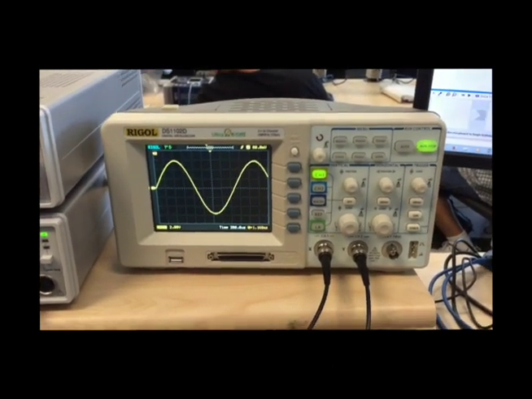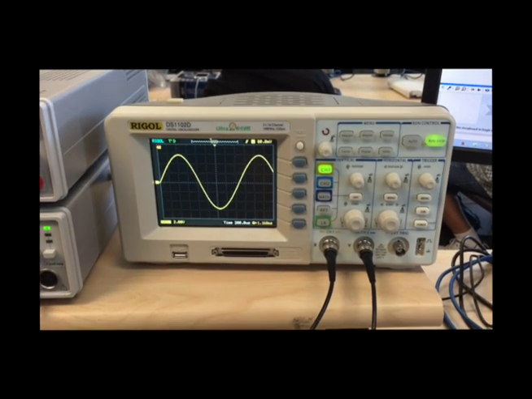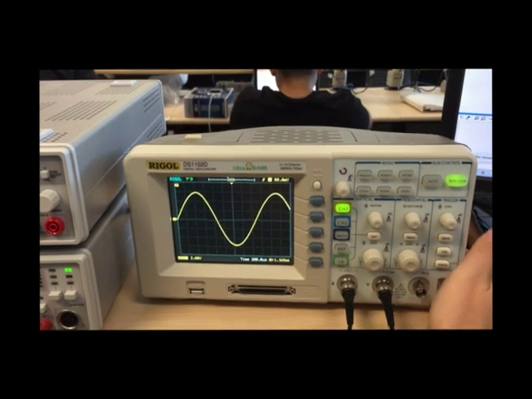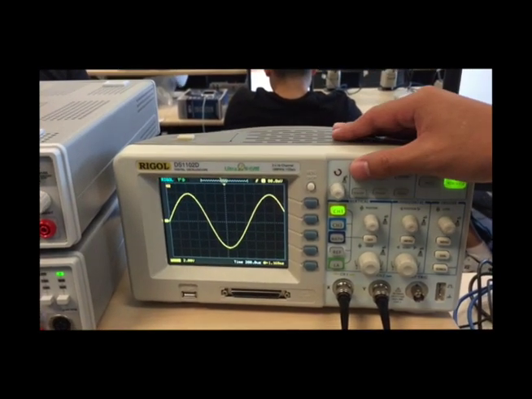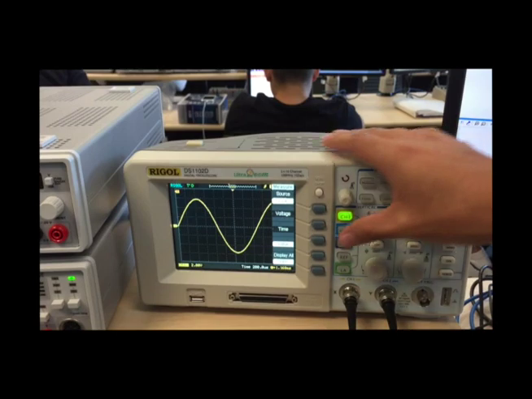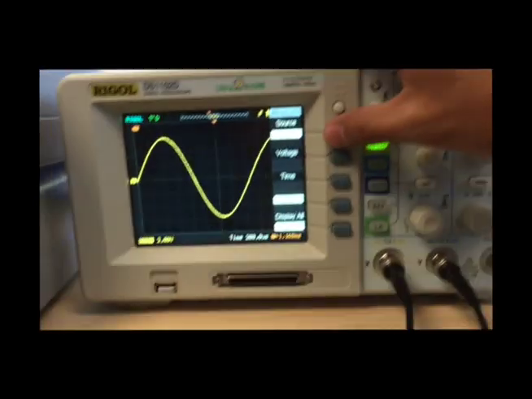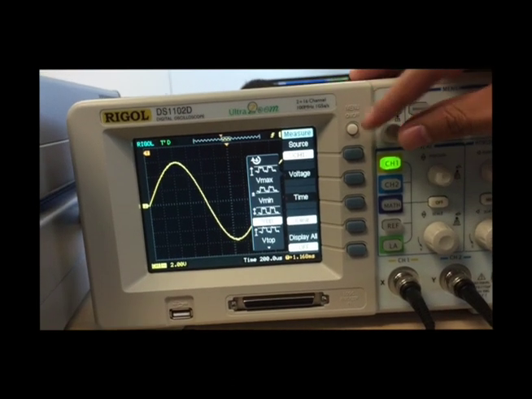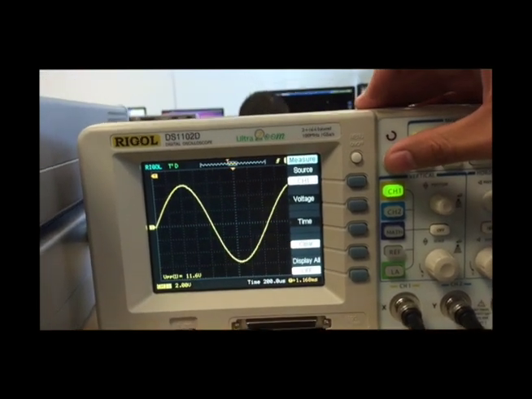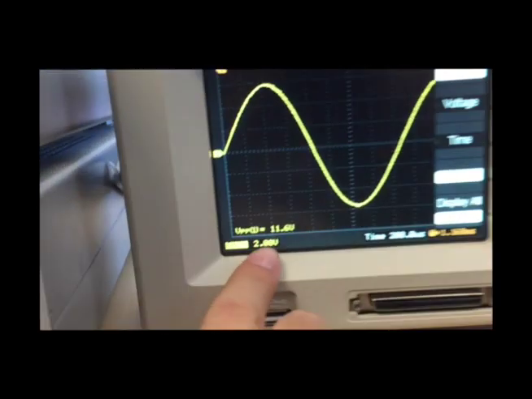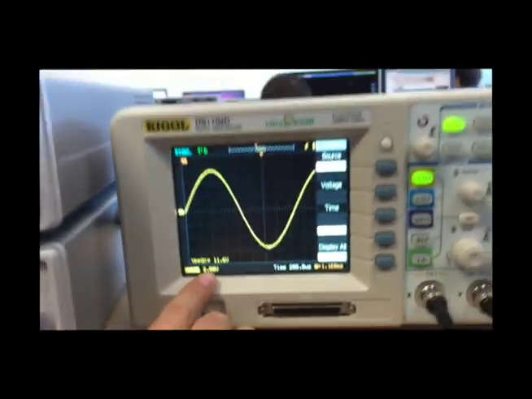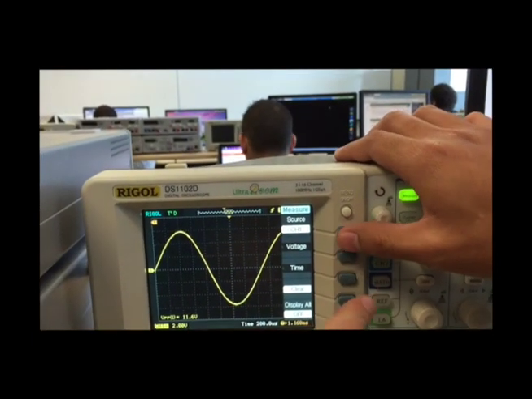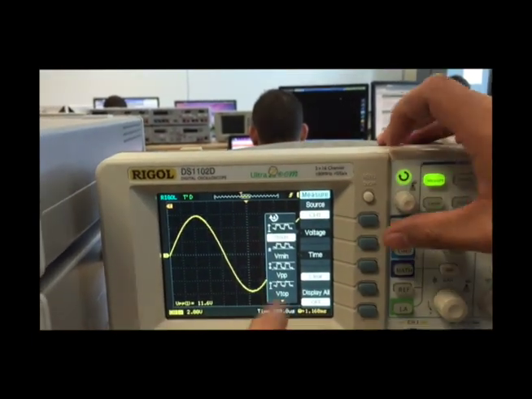Alright, now we're going to measure volts and frequency in what's called the new school method, which just does it all for us on the oscilloscope. Okay, so we're going to hit measure, and then we're going to go to voltage, and we're going to scroll down to volts peak to peak. That's the VPP, and you can see here now it's 11.6, and that's concurrent with the data that we got from our calculations. And then for frequency, we're going to go to time,